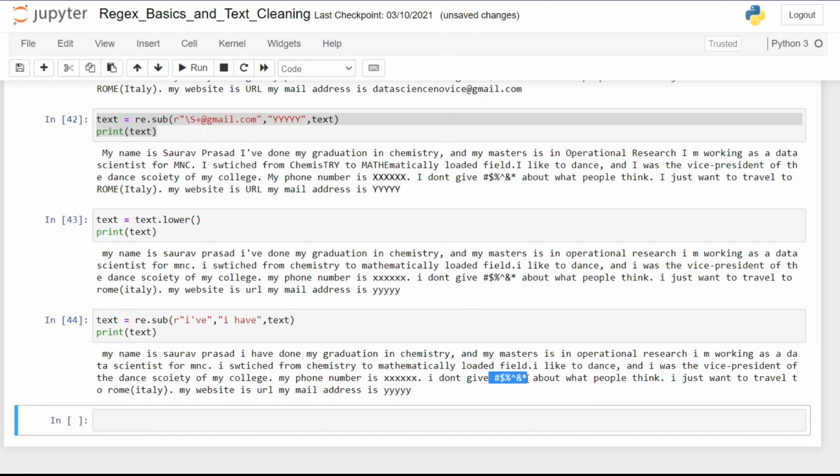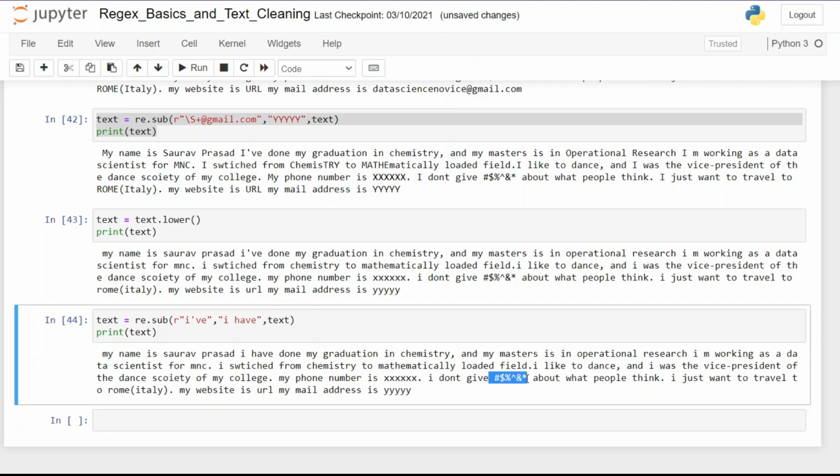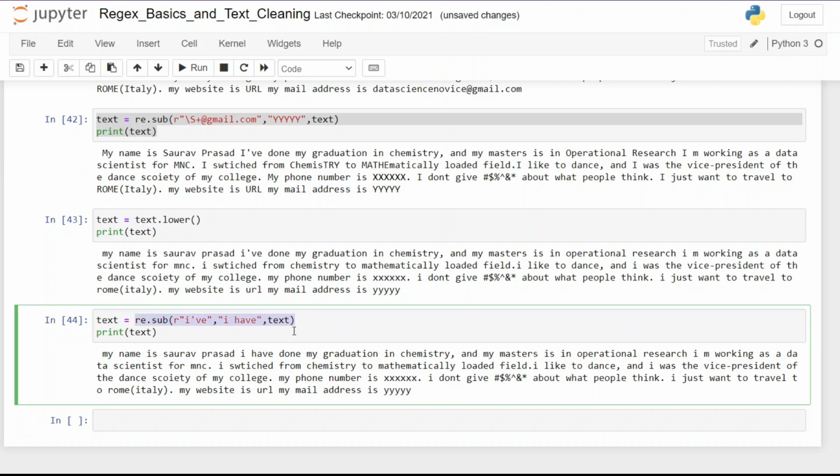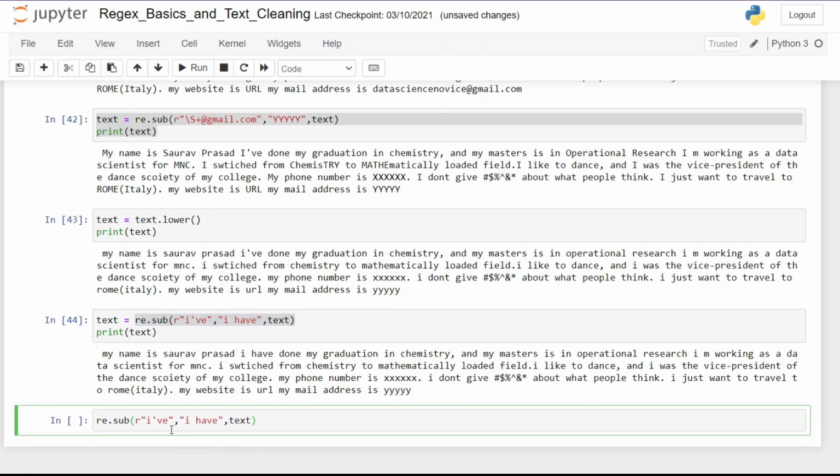And the last thing that I want to talk about is special characters. Sometimes we have data where people might have used slang, but it is replaced by special characters like hash, dollar, at the rate, etc. And in this example, we have taken one case as well. So let's replace it. We are going to use the same function, and by now you must have realized how useful this function is. So I'm going to pass the hash and then replace it with nothing. So let's run this cell.